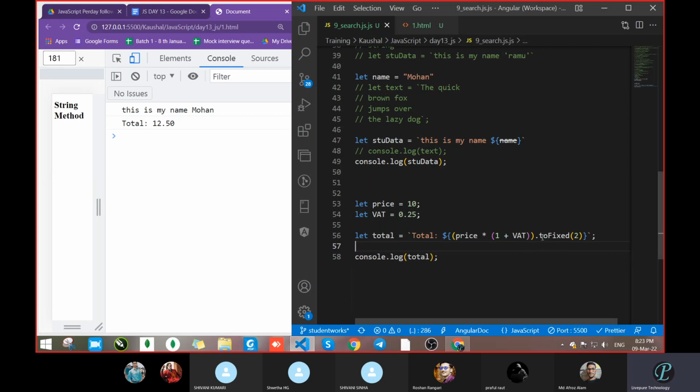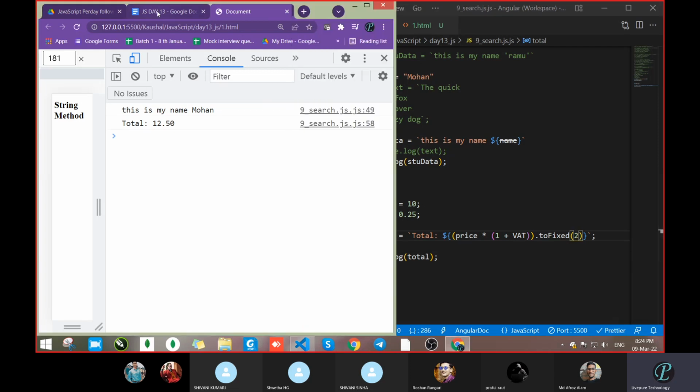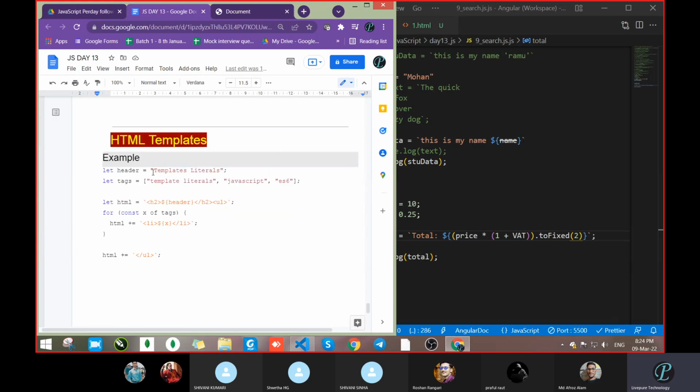And see, with the help of toFixed, you decide up to what decimal value you want. So pass a 5, and up to that decimal value it will give you the result. See, after the decimal there are 5 digits in total. I want only one. Let's pass 1, you will get only 1 after the decimal. So the toFixed method works after the decimal. It means up to how many digits you want, like your percentage, 55%, 55.44, like that. I want up to 2 digits. You can get it this way. Clear? So next, HTML template.